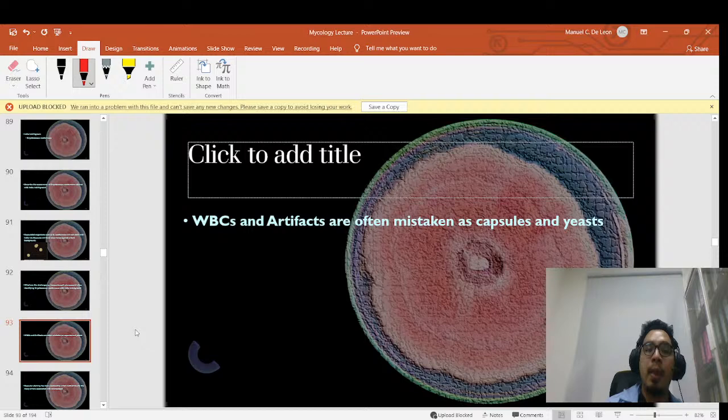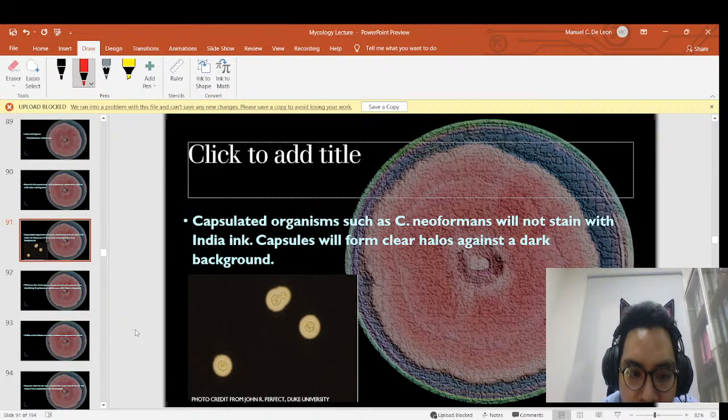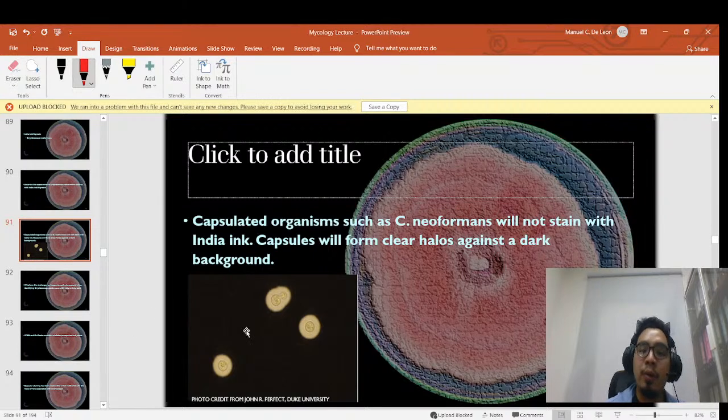One way for you to identify it is by measuring the diameter of the halo and the distance of the halo from the cell. Usually it's around 1 to 2 micra, but it is based on our protocols. It might be different in other hospitals. So please be mindful of this, especially when you're new.